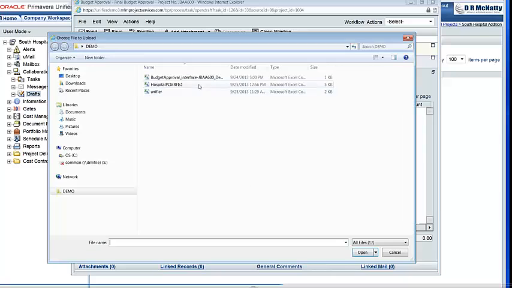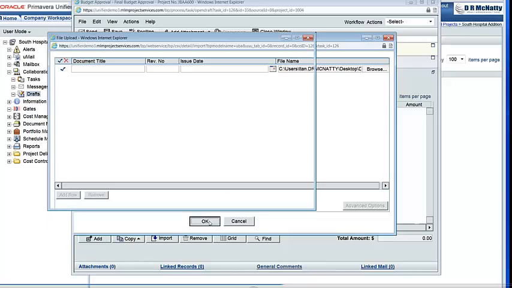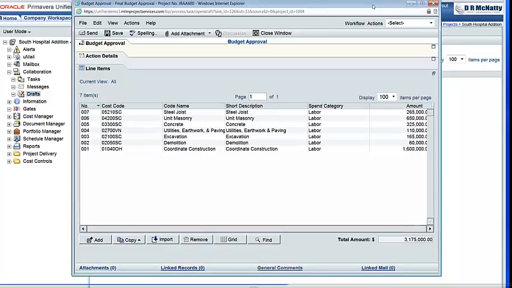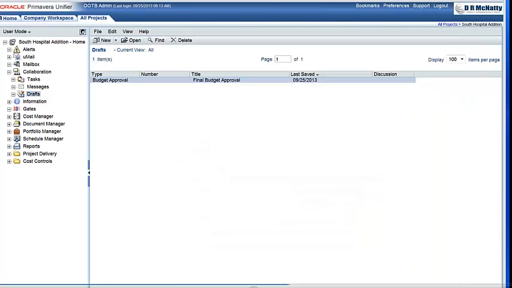I would browse to the correct CSV file, and I would click OK. That worked nice. And there you have it. So a pretty straightforward process. Obviously, you can import the complete budget approval.